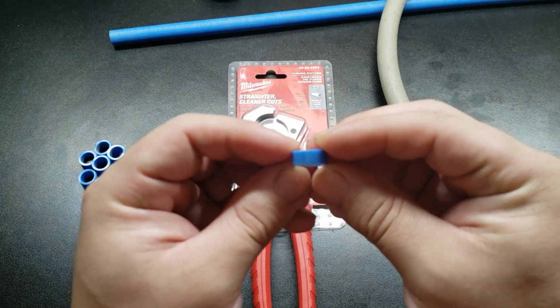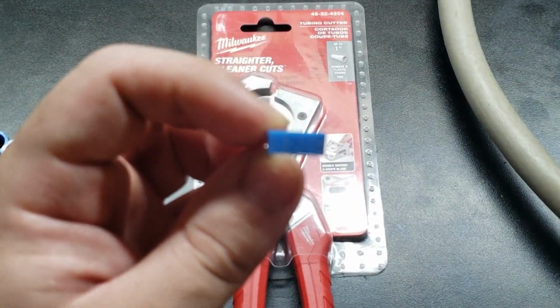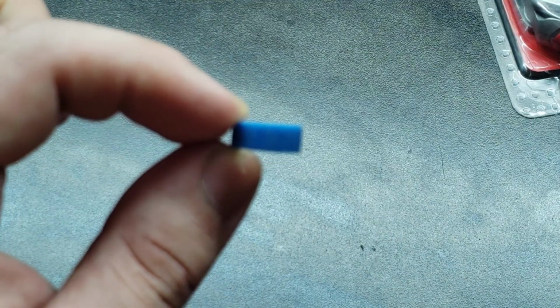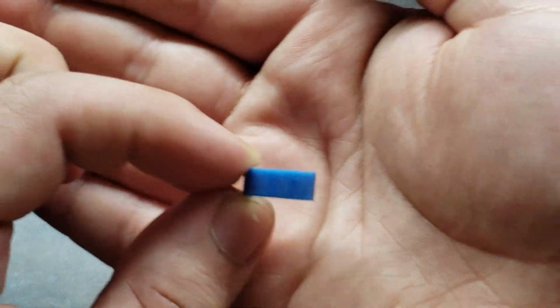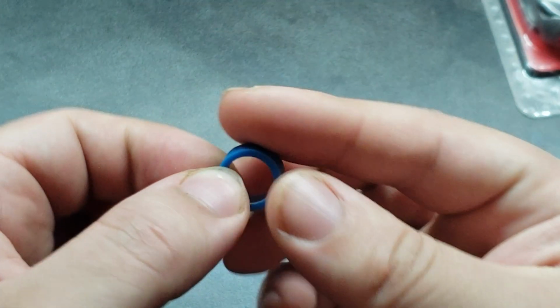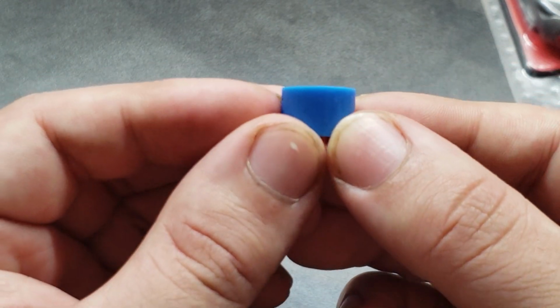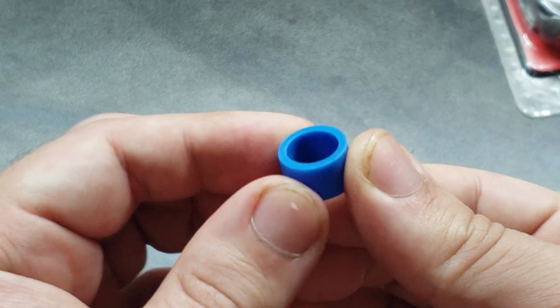But this is what was made with the Ridgid cuts. So again, let's zoom in here. They're relatively straight. Again, pretty okay cuts from Ridgid. And this is PEX B, by the way. They are relatively square cuts. However,